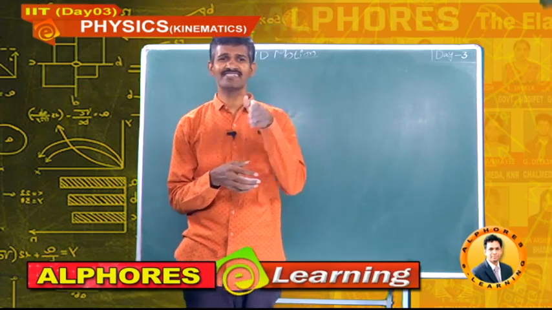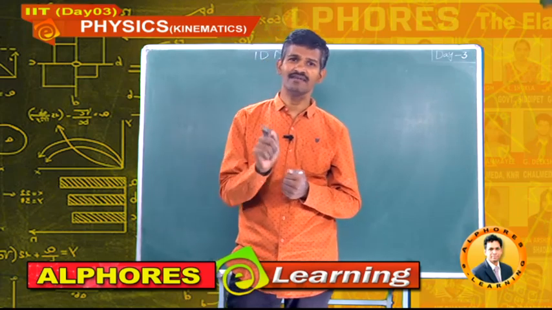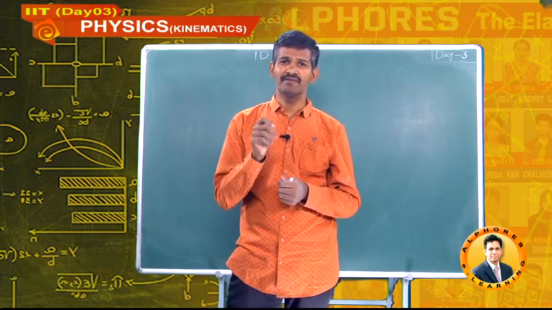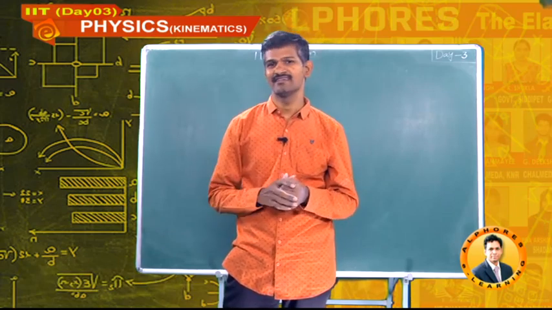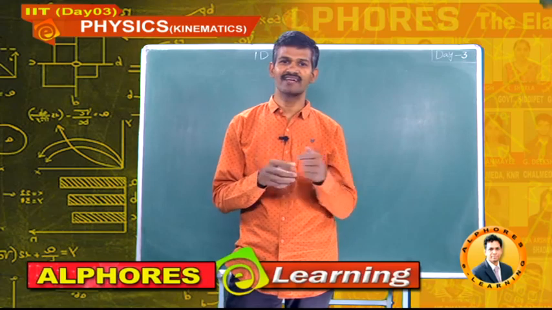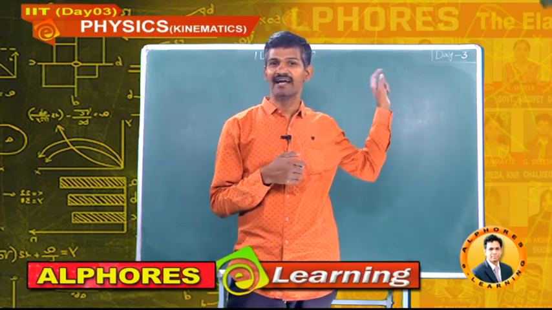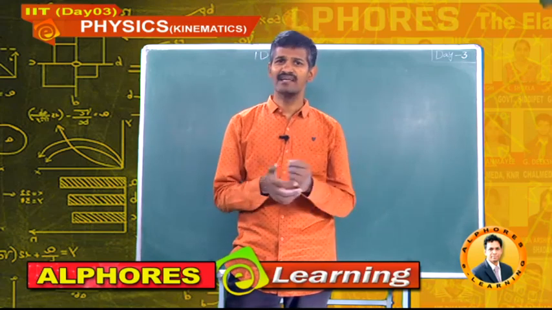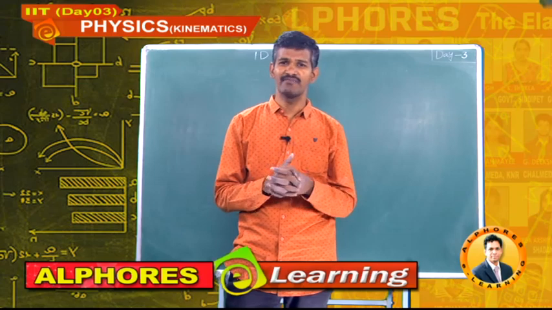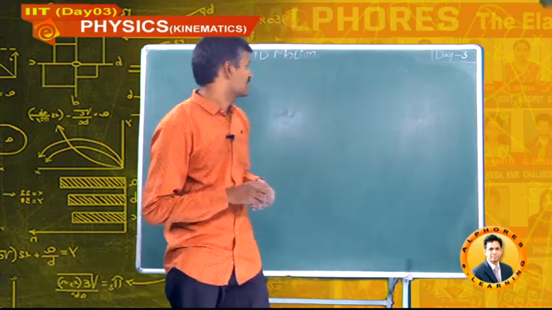Similarly, what is instantaneous? Instantaneous means the runs taken by the batsman in the third over, fifth ball, that gives instantaneous. With this cricket match, you can understand uniform speed, non-uniform speed, instantaneous speed, and average speed. Average run rate gives average speed. Similarly, all these concepts are applicable for physics also, right?